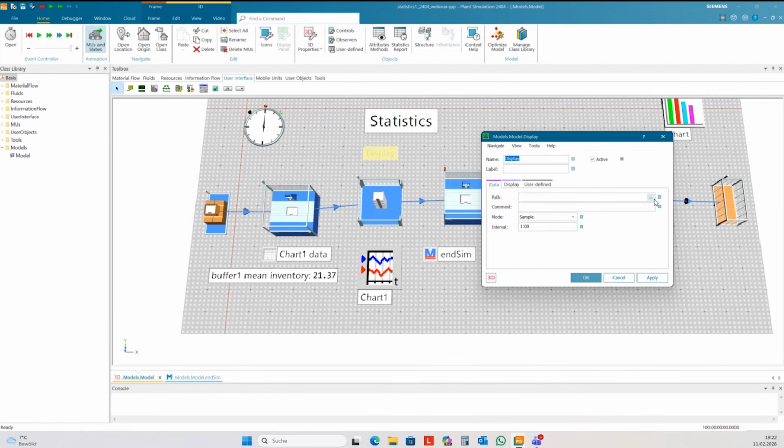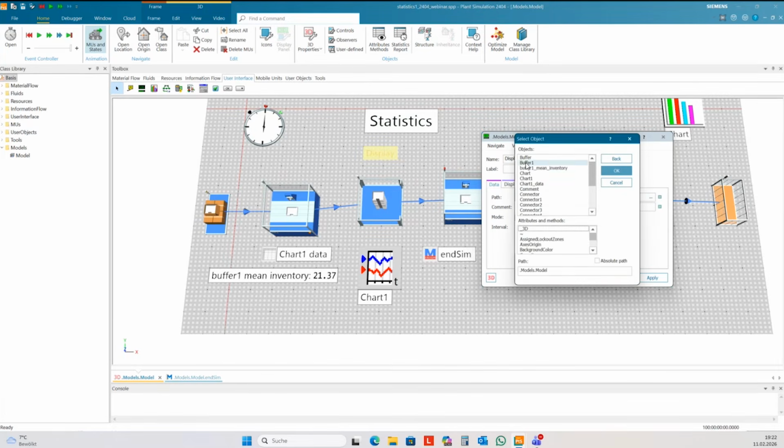Here you have 3 points, and here you can select a path element. Here it's a buffer, and then it shows all elements of the buffer you can display. And I want to have stat relative occupation. Okay.